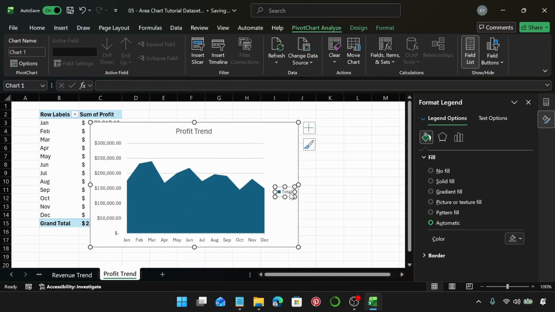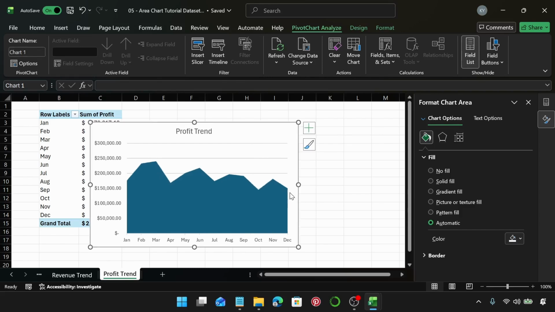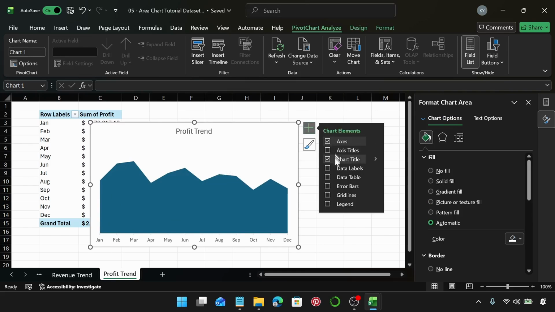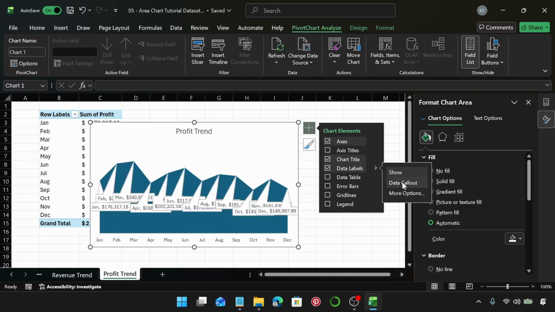I'm going to select this legend and delete it. We're going to select this axis, and we're also going to delete it, and I'm going to select this line, delete also. Let's come over to this chart element, and we are going to add data labels. I'm going to click on this arrow here, and then we can either choose data callouts, but I don't want to do that. I'll just go over to